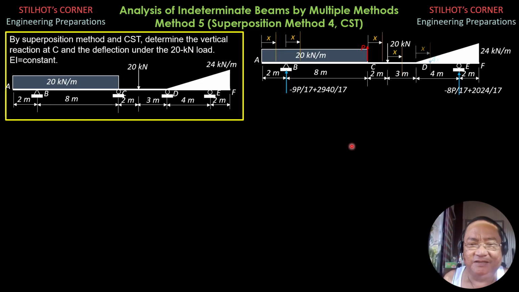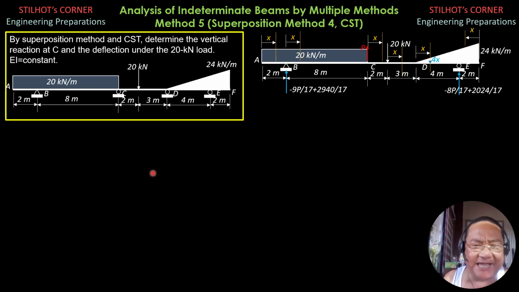So let's have the different sections of the beam. At AB, the moment equation is not a function of P, so that's why it's 0. Then when we shift to the section after segment DE, our x is going to the left. It is not a function of P, so the value of the integral here will also be 0. Take note that by Castigliano's second theorem, EI times deflection is the integral from 0 to L of the moment equation in terms of P, then the partial derivative of that moment equation with respect to P, dx over EI.